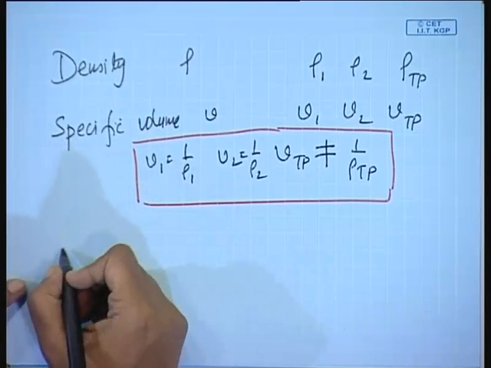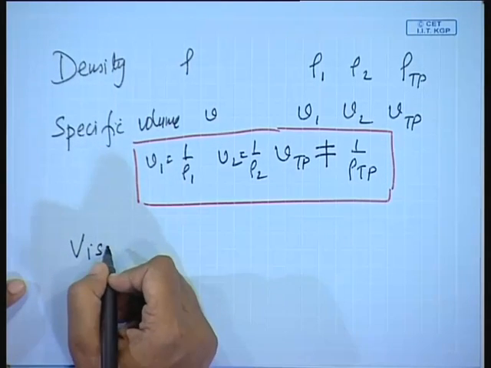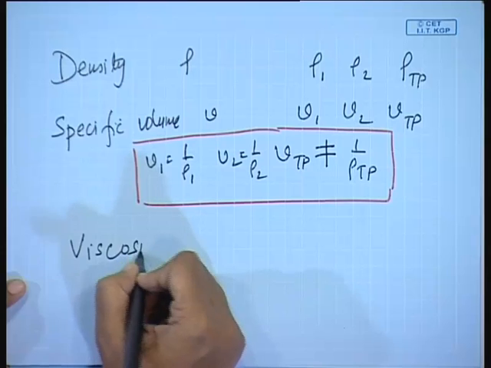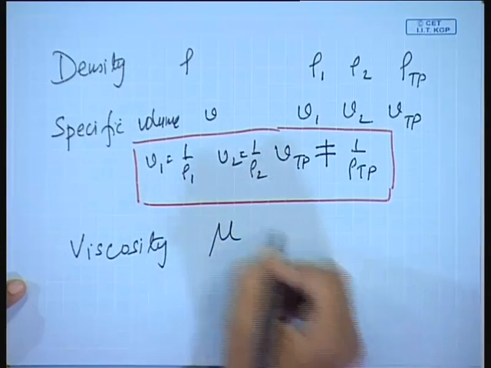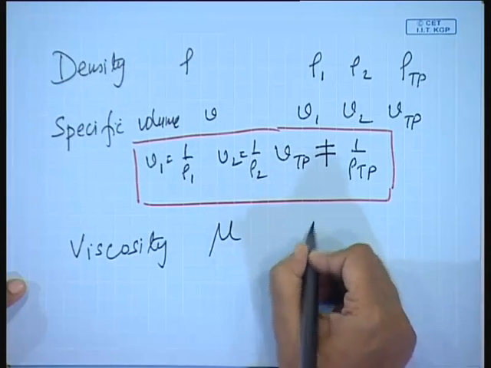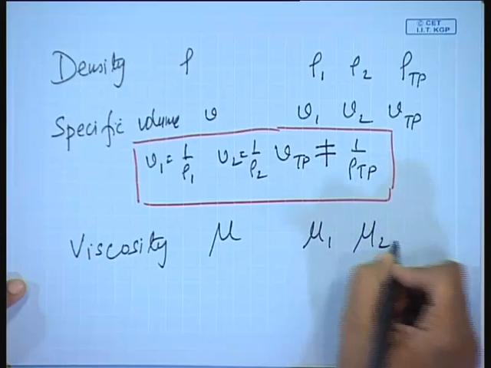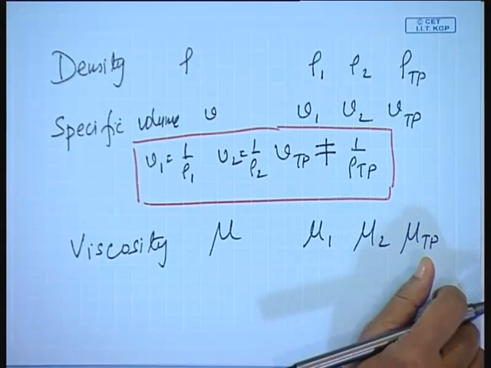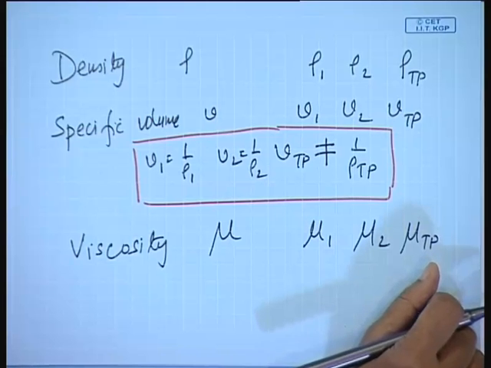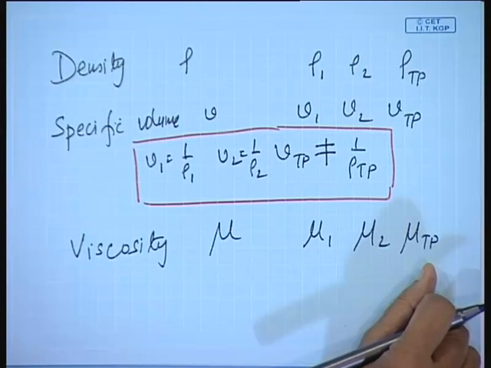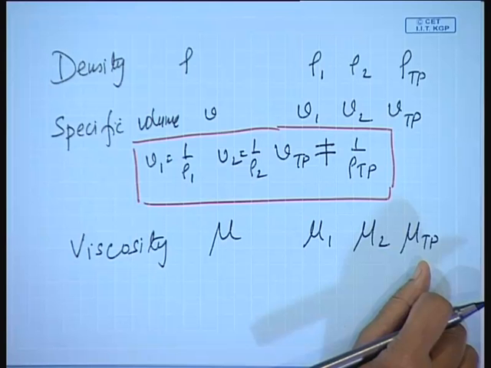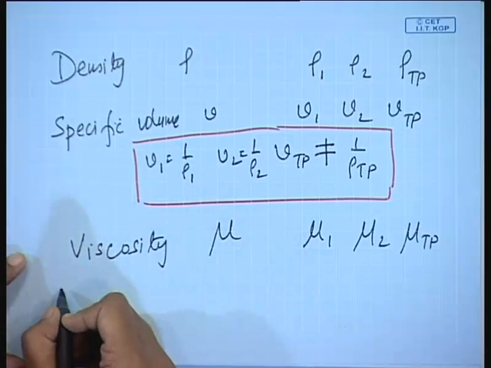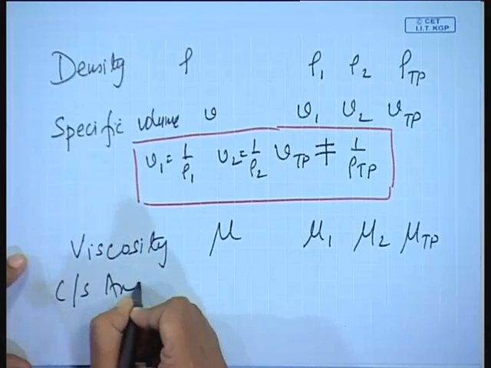After that, certain other properties, say for example, we have viscosity in this particular case. So, viscosity, it is simply mu. In this particular case, we have mu 1, mu 2 and we have mu TP. Now, we are considering two phases, they are flowing either concurrently or countercurrently, upflow, downflow, whatever it is, through any particular pipe. So, for that particular pipe, the cross sectional area of the pipe is going to